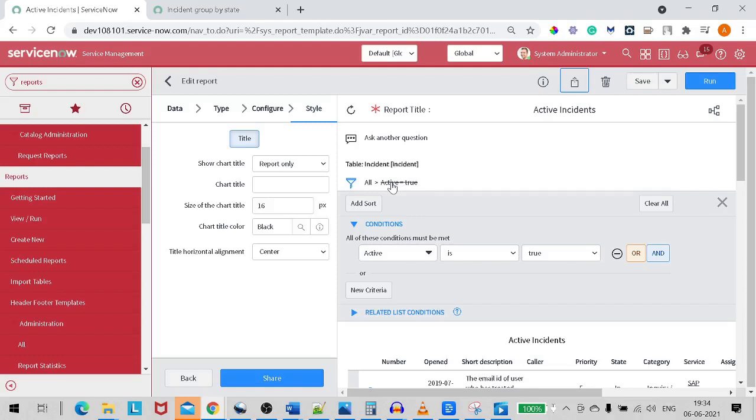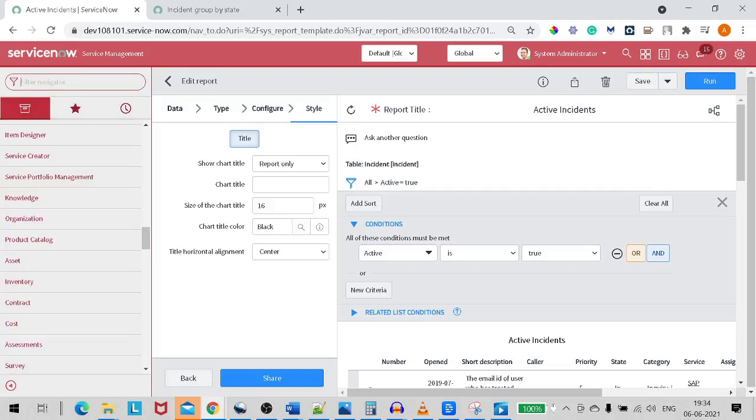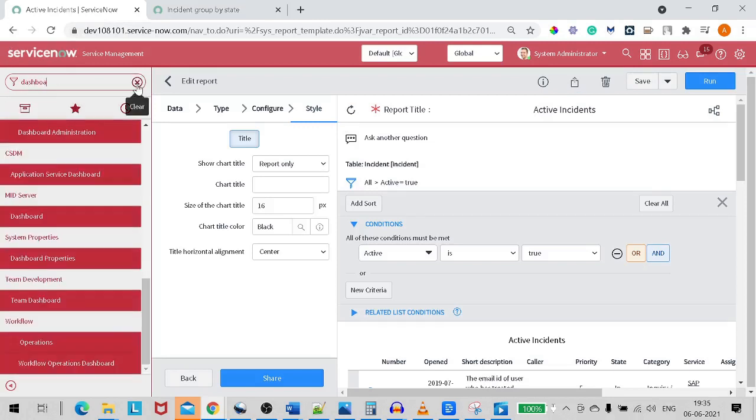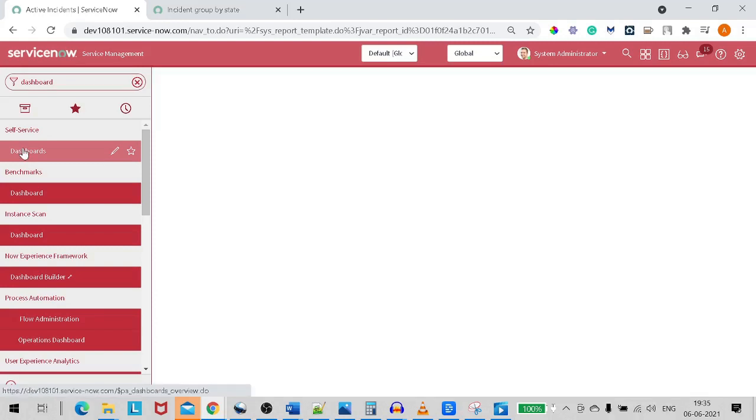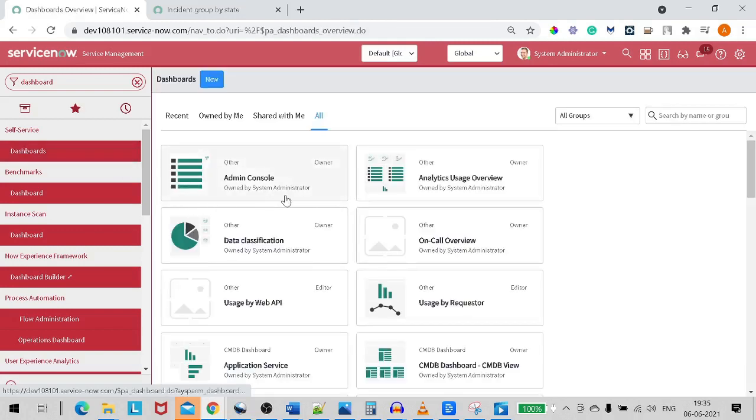So what we'll do, you have to go to the filter navigator and type dashboard. Okay, and in self-service there will be an option called dashboard, right? So click on it. You can create your own dashboard. I basically used to create a lot of dashboards for my own use, so that I can manage my own things. So you can create a new dashboard,